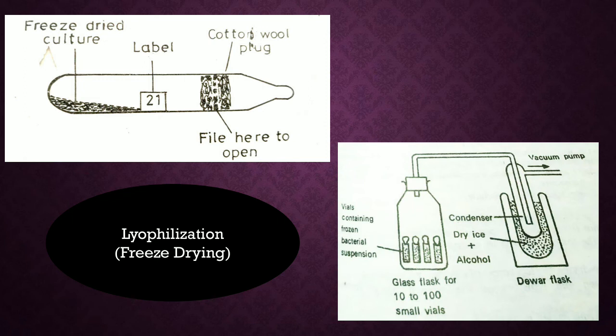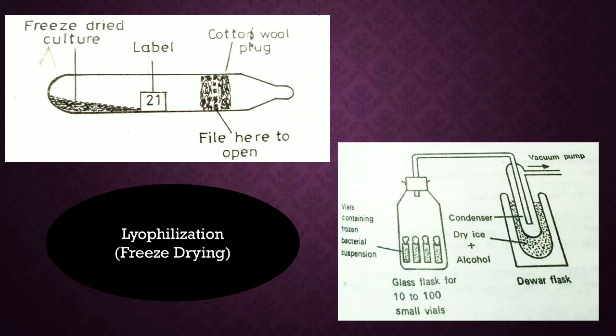So as you can see here, this is an ampule that is used for the lyophilization. The ampules are made of glass, and maximum capacity that they have will be around 0.2 ml. So they are cleaned with the help of 2% HCl, with the help of water. After that, they are dried, plugged and autoclaved before use. Then we transfer the culture suspension into these glass ampules, and the ampules are connected to a high vacuum system. This high vacuum system will make sure that they are completely dried up. We usually use a desiccant over there, like phosphorus pentoxide or silica gel.